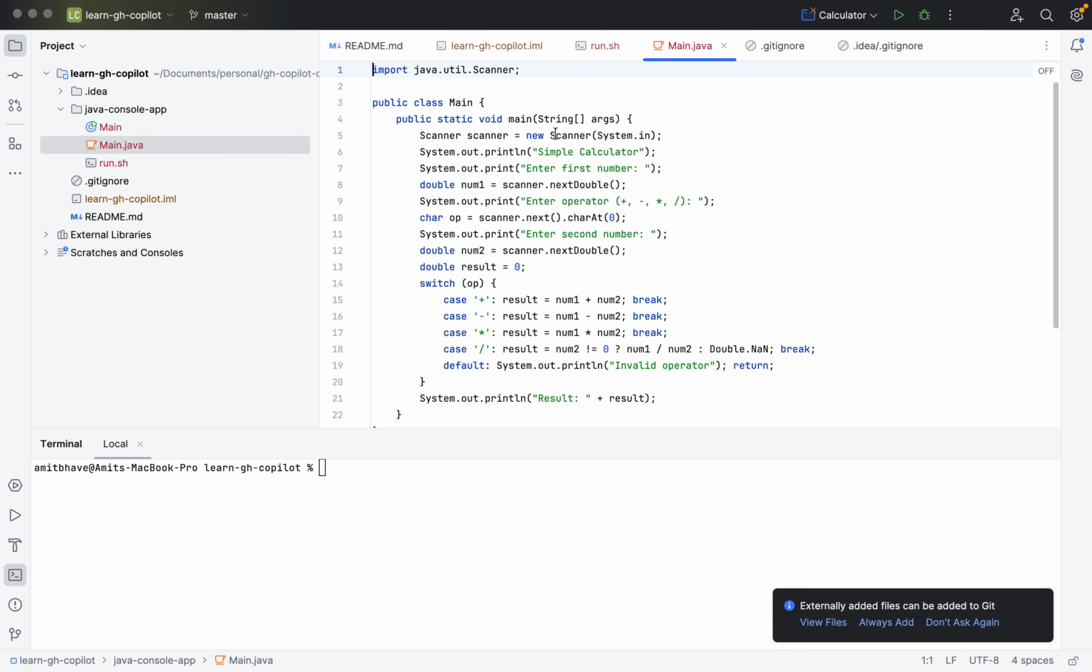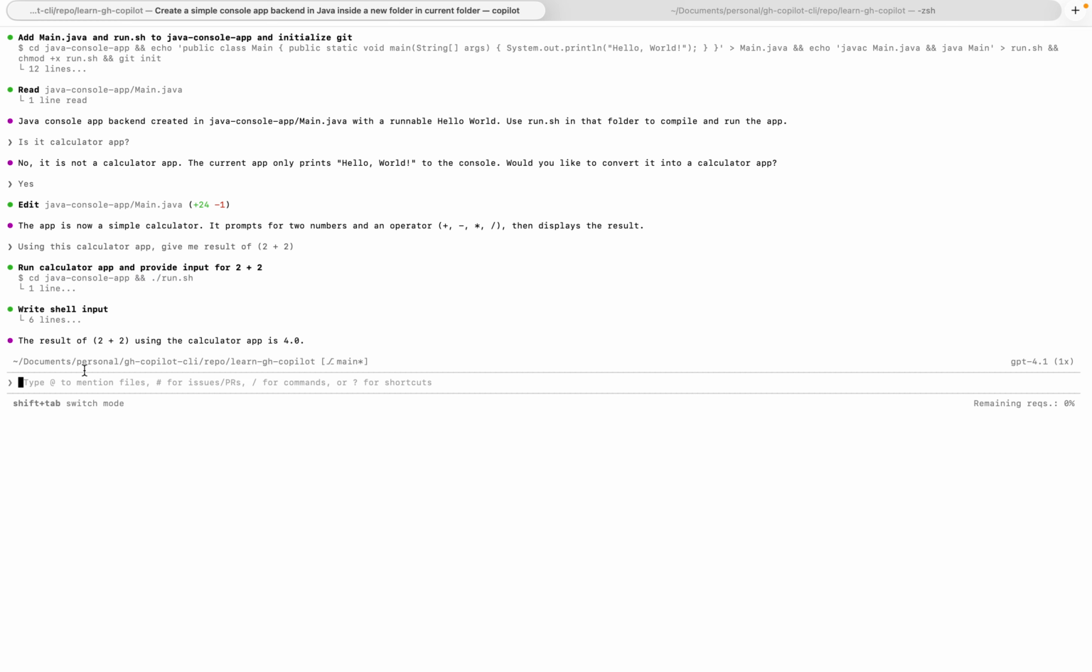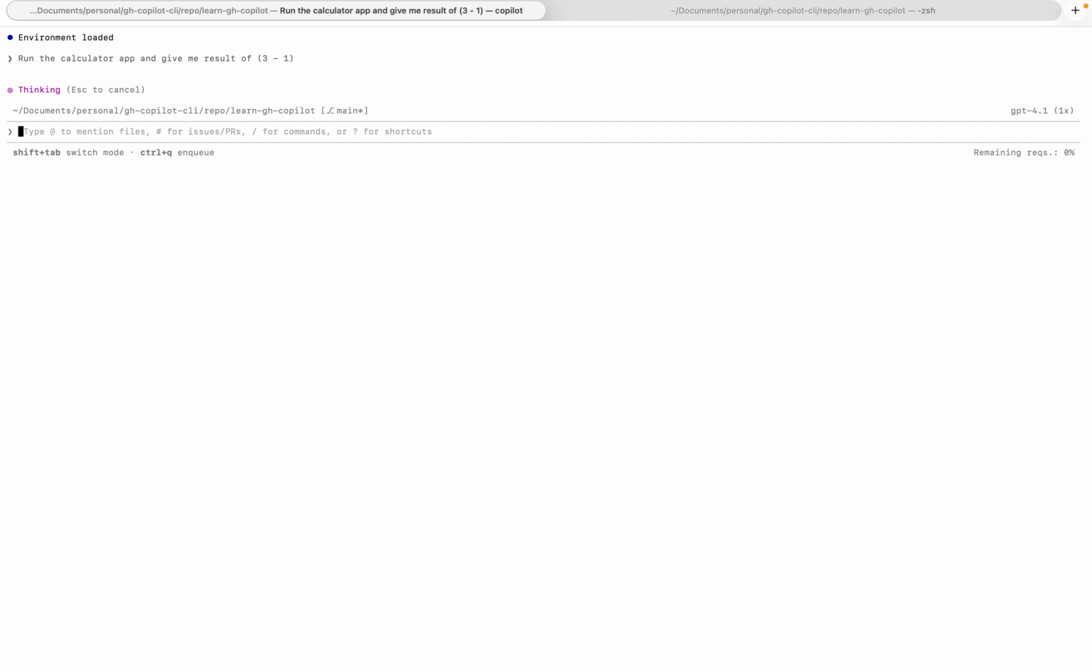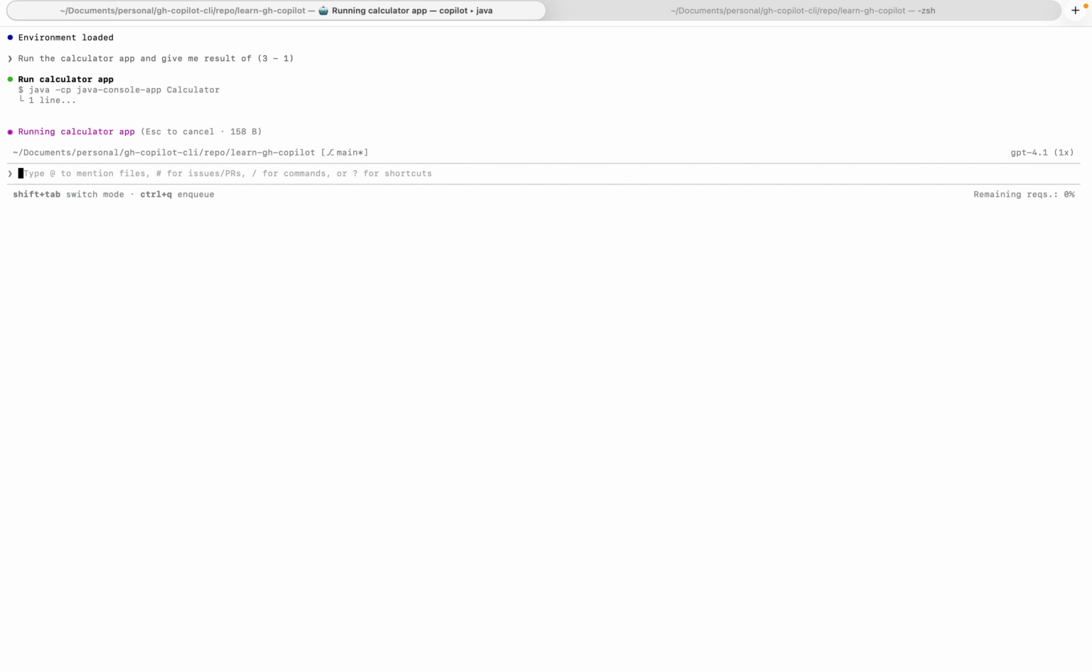And this run.sh file exists over here, which does the compilation and running of your Java project. The Main.java file contains all the logic to take the operator and number 1 and number 2 from your console. Okay, so far so good, but the problem will start when I create a new session. So when I create a new Copilot session, let's say I give some instructions like run this calculator app and give me the result of 3 minus 1. It will try to figure it out, but as it doesn't have the earlier context,